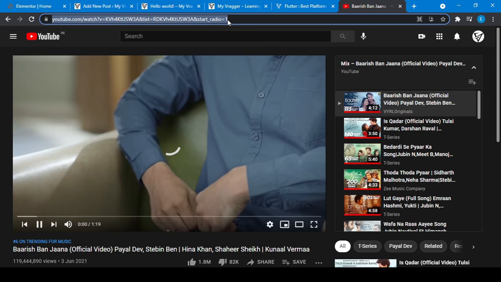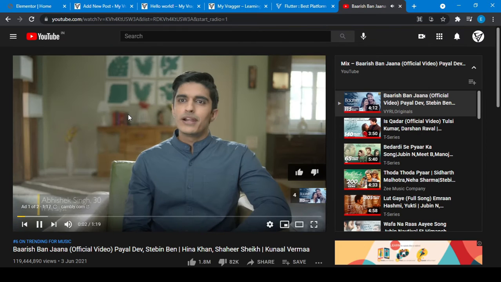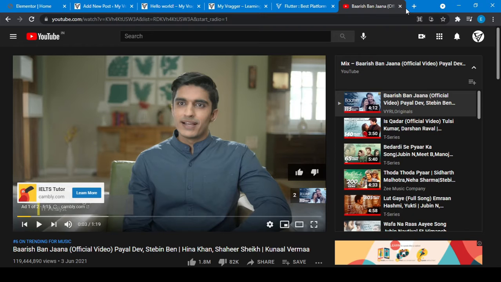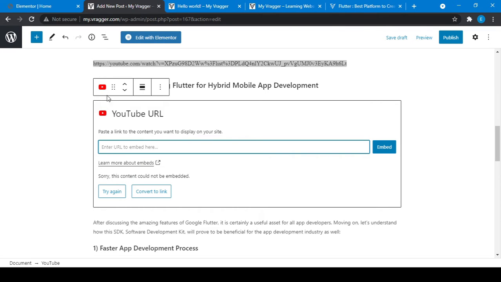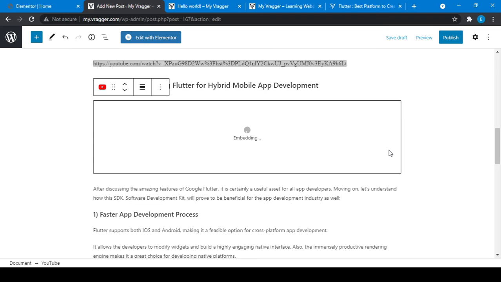I will just copy this. I wanted to move abroad and I had to prepare for the, and I will copy the link. Control A, Control C, cut it. Go back to here, just Control V and embed.